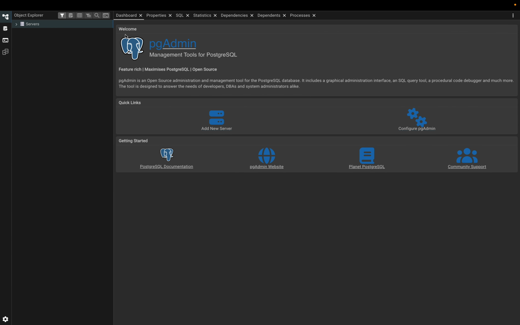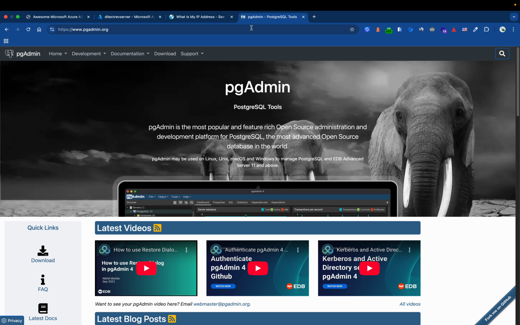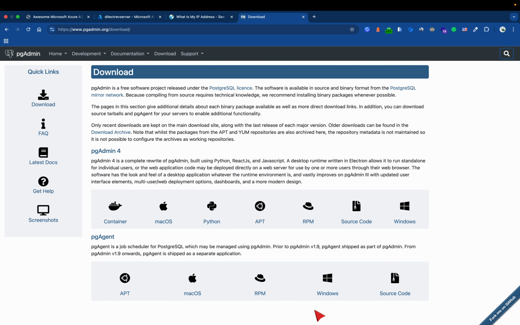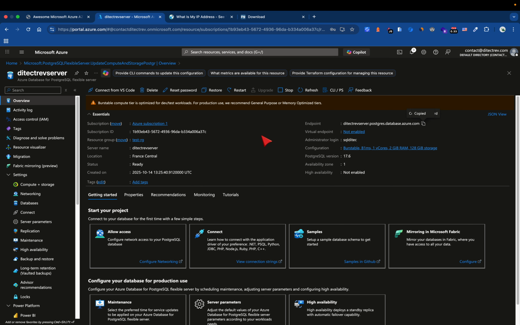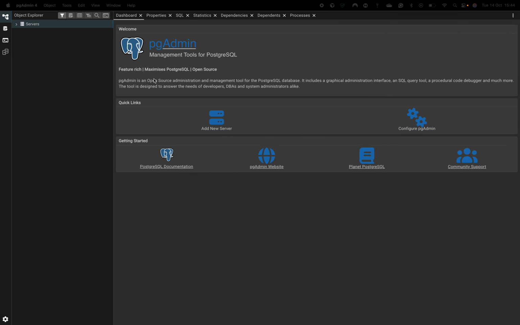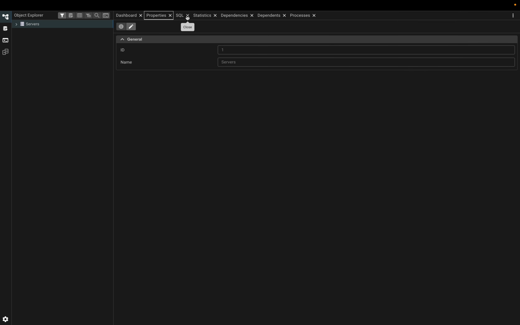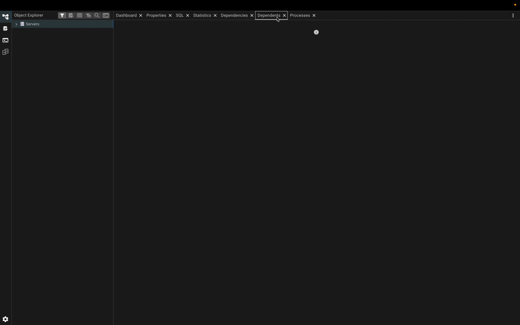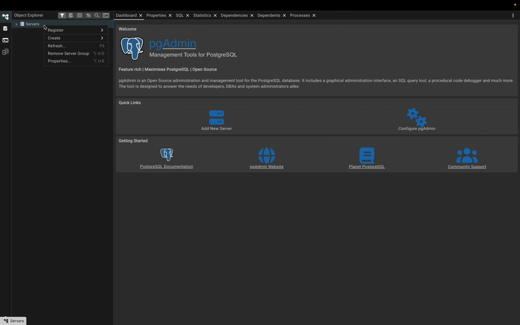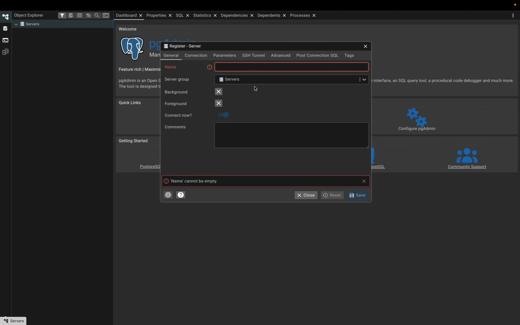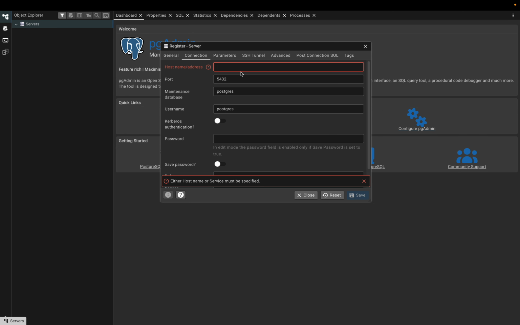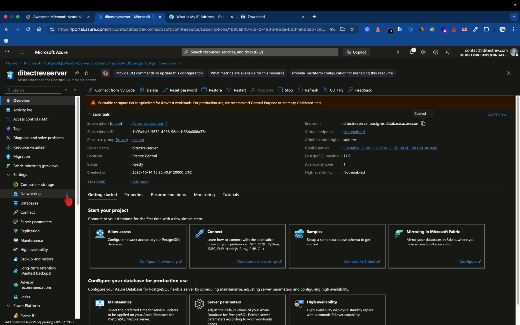So here, when you install it from the website, you can just click download and select what you want or what you need. Then when you install this, you will see this kind of pop-up. There are many different tabs you can go through, but I want to just register, right click on servers, so I don't have any. If I expand it, register server, then I get the name, which I copy from Azure, hostname address also copy from Azure, port 5432, and this is correct because when we have been